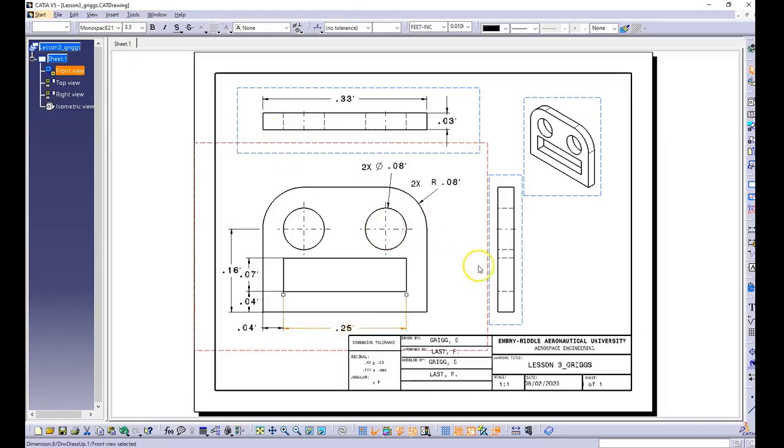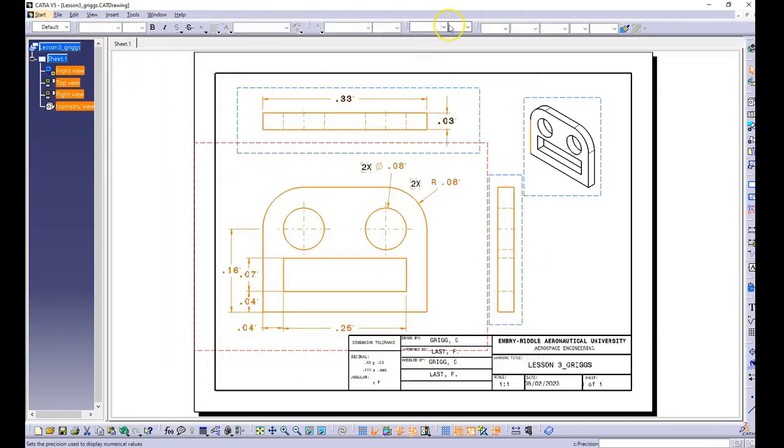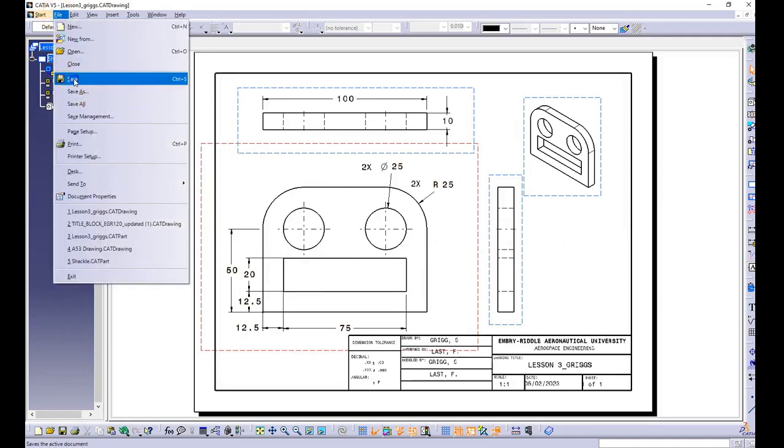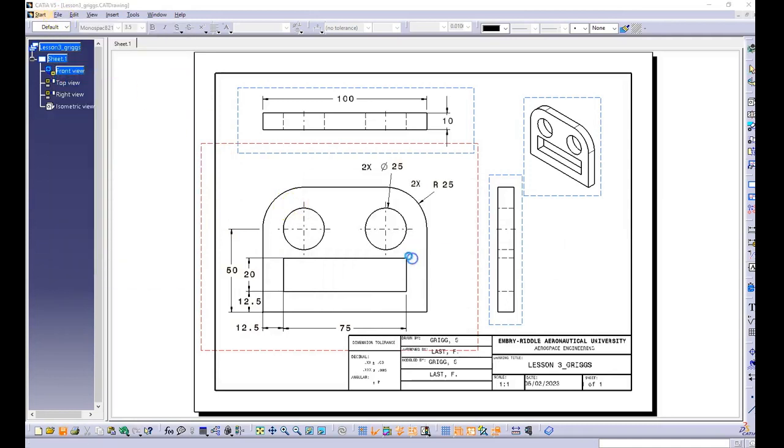Now notice the units, not in millimeters like we would expect. So I'm going to select everything and go up to this menu drop-down box. And the options that we have are going to be millimeters or inch. So let's go ahead and I'm going to save this and then immediately save as